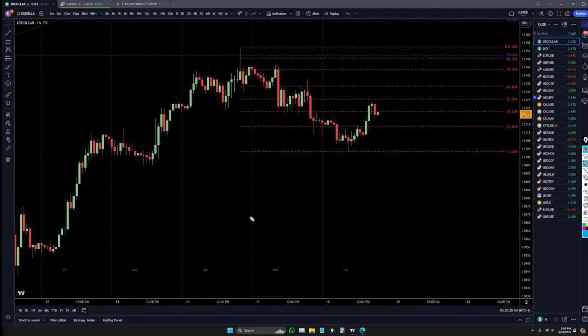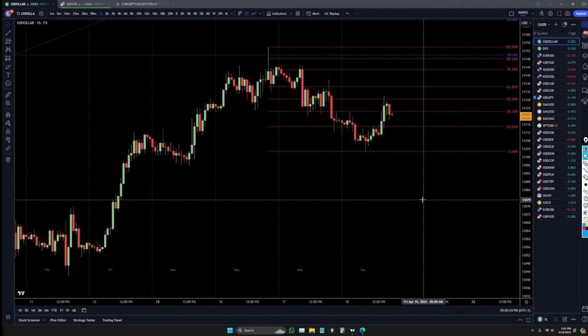Now, like I said, this week has definitely been a little bit slow. The week started off here and we're basically at the opening price for the week as of right now, so you can see pretty quickly that the week has been very slow. Price drifted up and drifted down, and we are literally right back where we were when the week started. Definitely a slow week, at least when you're talking about the US dollar pairs. But like I said, there have definitely been some trades here and there.